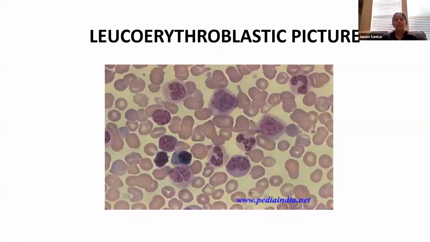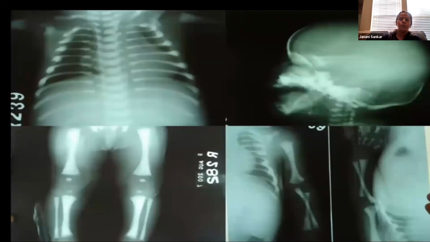So this leukoerythroblastic picture is because the bone marrow is really displaced by a lot of abnormal cells, which give a picture of something like acute myeloid leukemia. So it's a leukoerythroblastic picture, which is characteristically seen in children with osteopetrosis. They usually get referred as acute myeloid leukemia because you have more of the leukoblasts in the peripheral smear, and also the child correspondingly has pallor, hepatosplenomegaly, high total count, low platelet count. So I'm sure the pediatrician is not wrong in suspecting AML, but one message is look at the X-ray if you have a doubt,